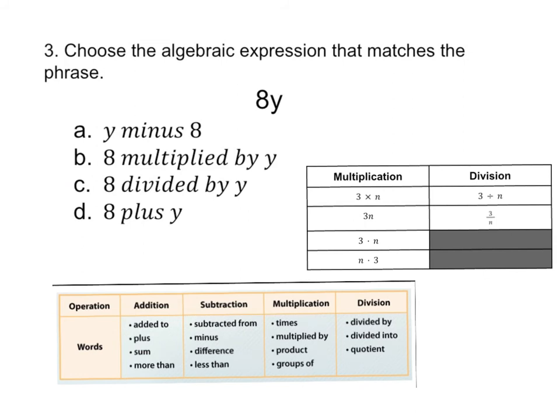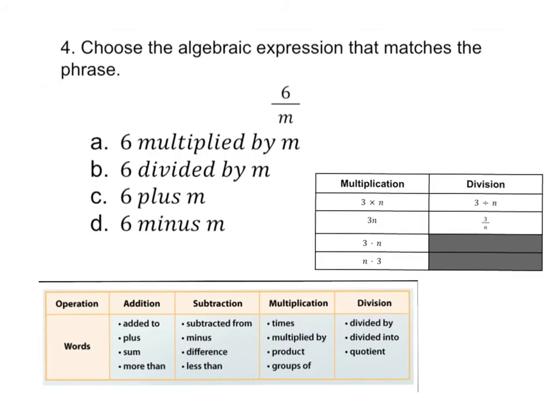Okay, this time we're going to choose the algebraic expression that matches the phrase 8y. So we need to look back. Remember that when we see a number right next to a variable, it's telling us to do multiplication. And so in this case, we would choose 8 multiplied by y. When there is no symbol in between in algebra, we know that that means multiplication. All right, 6, line, m. Remember that line tells us we're going to be doing division, and so we would choose 6 divided